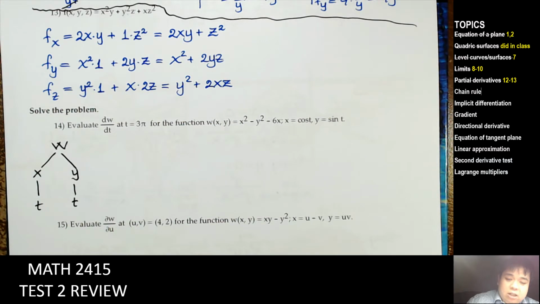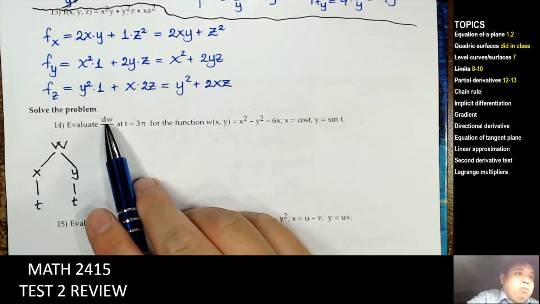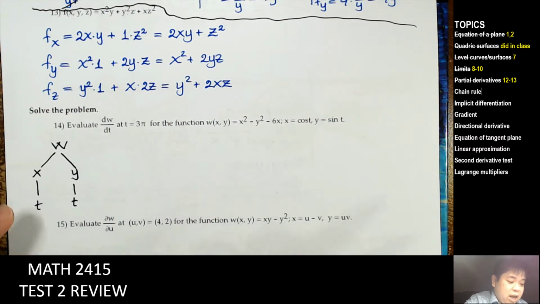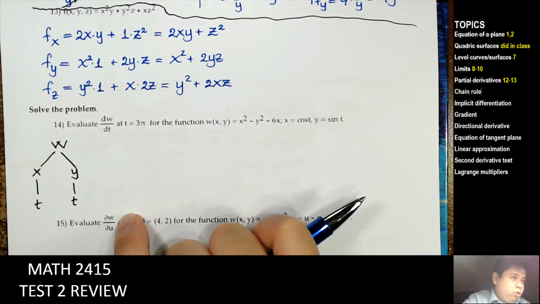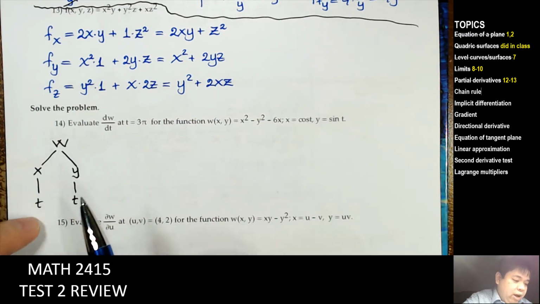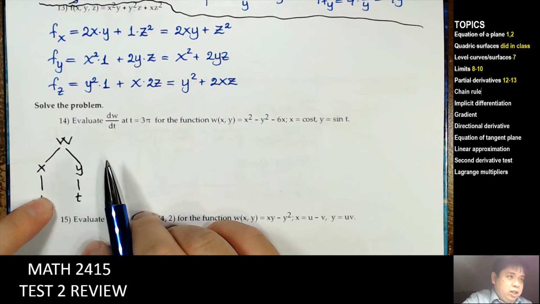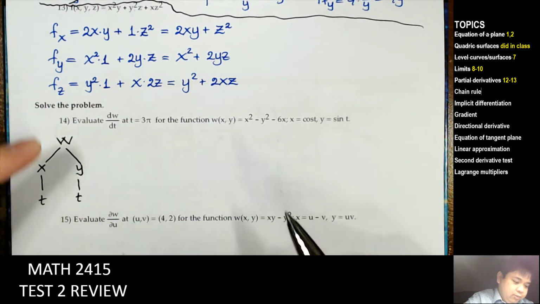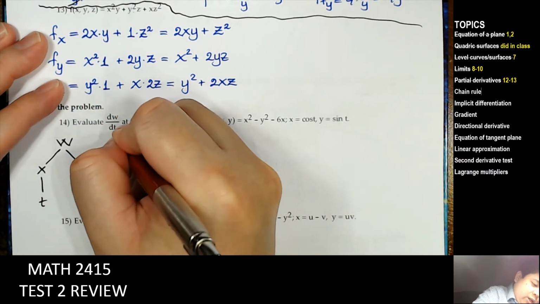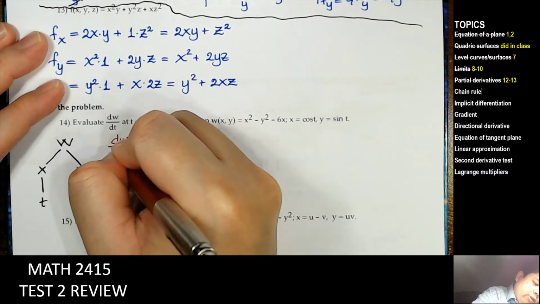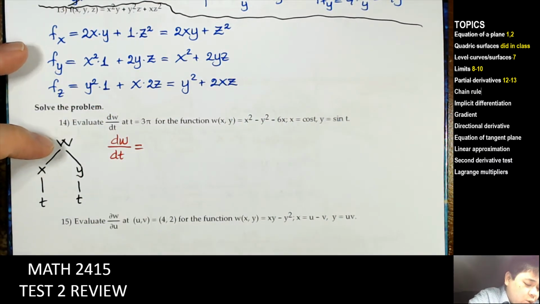So when we write the chain rule of w with respect to t, meaning that we go from w to t, or from t to w, we're going to have two possible paths. W to x, x to t, w to y, y to t. So the formula for the chain rule here, dw over dt is going to be